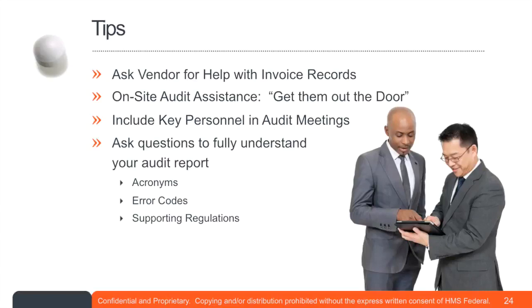Some things that you might want clarification on are the acronyms that were used by the auditing team, and the error codes. So, for example, an error code that we use, the acronym is INP, and it stands for invalid prescription. So just make sure you understand what is in those reports. Another error code that we use is MRSS, which stands for Missing Record Specific Service.